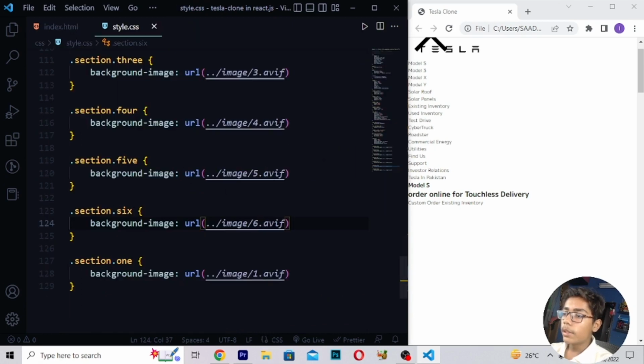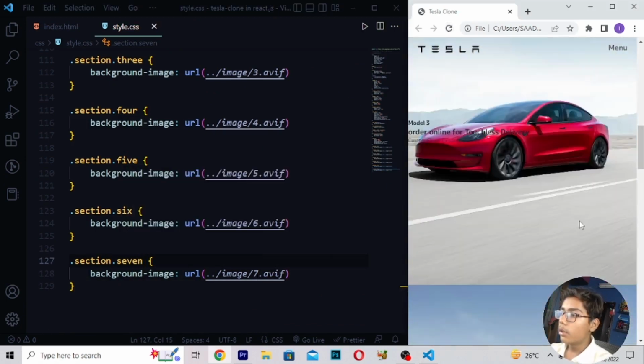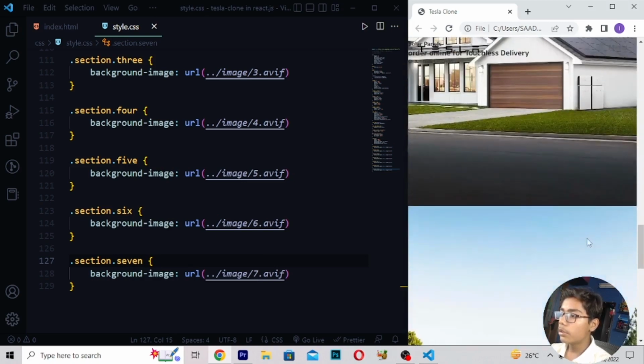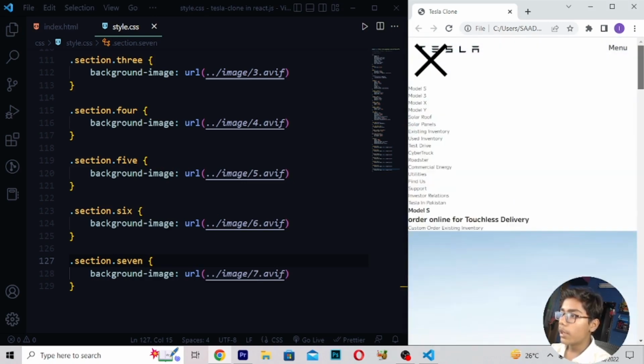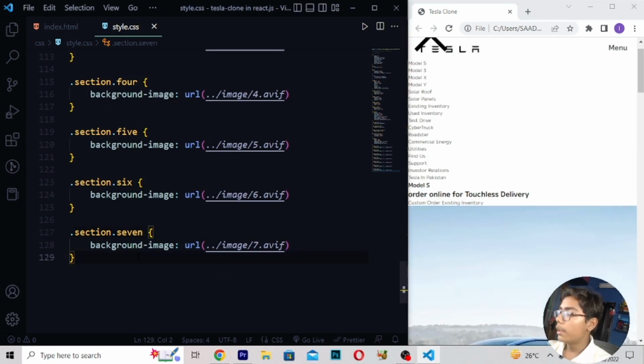Now when you're getting all this stuff, here you have to move, save this, here I will be writing 7, then simply here also 7, save this, reload. So you can see we are getting all these images like we want, and like I was just showing you, and you can see it is looking good. Now here I will be doing one thing.